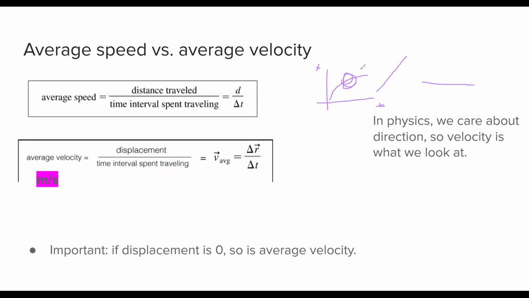And that would just be slope zero. But in this case, the slope is changing, which means that velocity is changing as well with time. So it's not a constant velocity. This would be constant velocity. This would be zero velocity. This is changing velocity. So that's how you can think about it. Now, once again, we're going to use that r vector in this case. But this v velocity vector is also a vector because it has direction and magnitude as well. That's the whole point of why we use it versus speed. And the unit is meters per second.